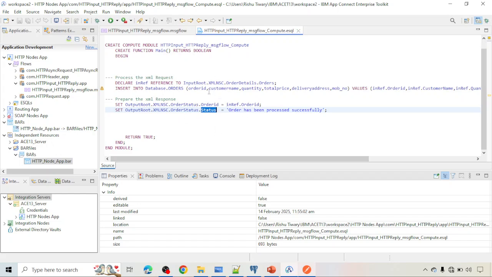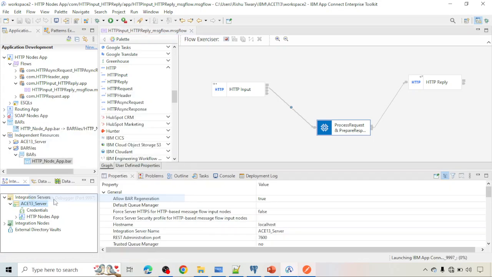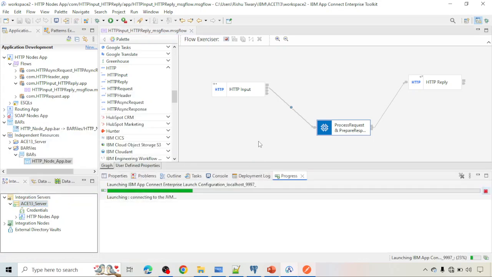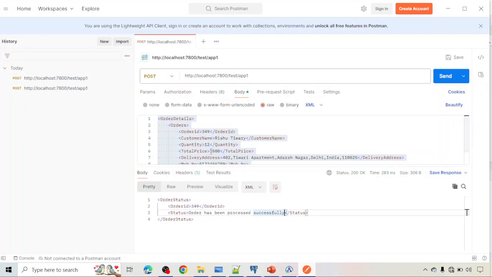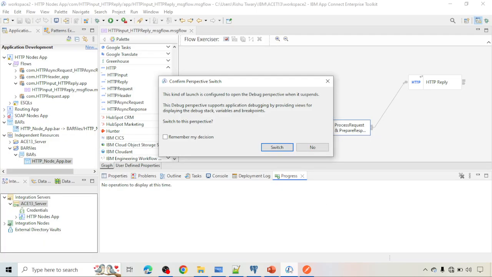Now let's see the same thing in debug mode. Let me launch the debugger and hit the flow. This time let me keep a different value, let me use 350. Now you can see it has been executed, and if you go here,